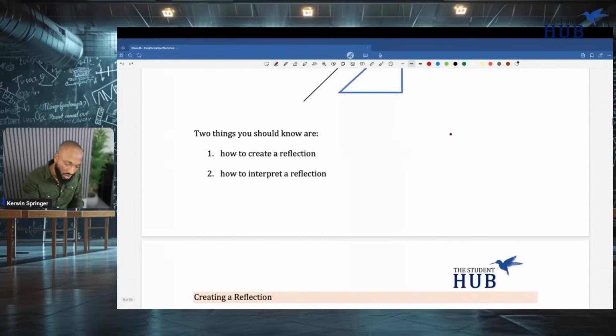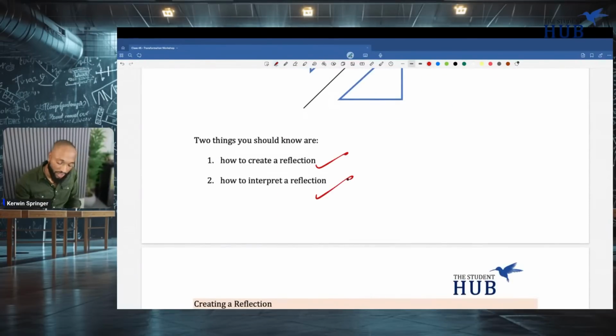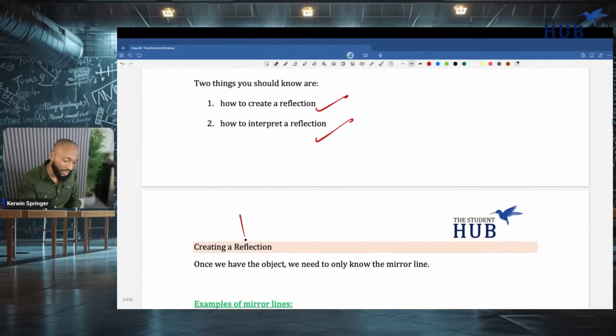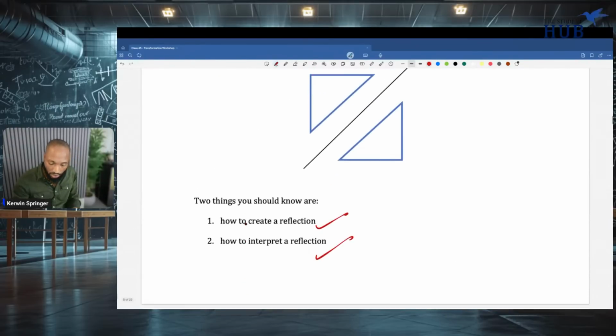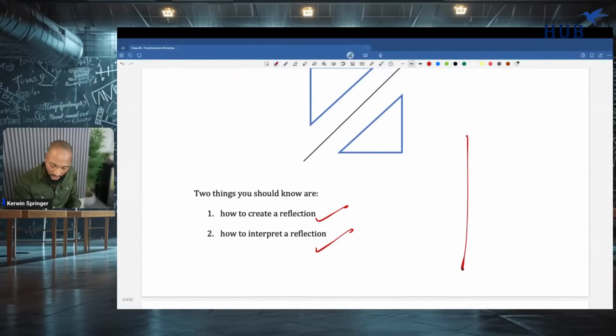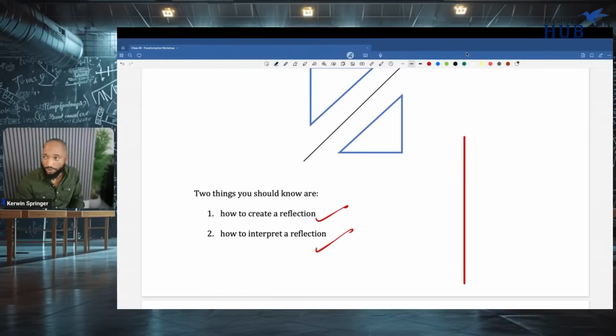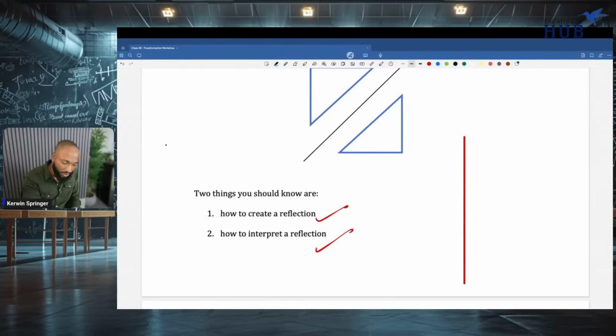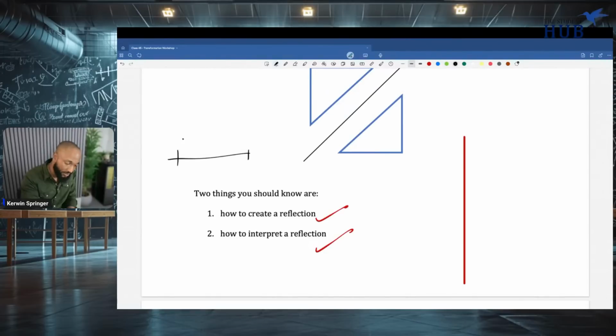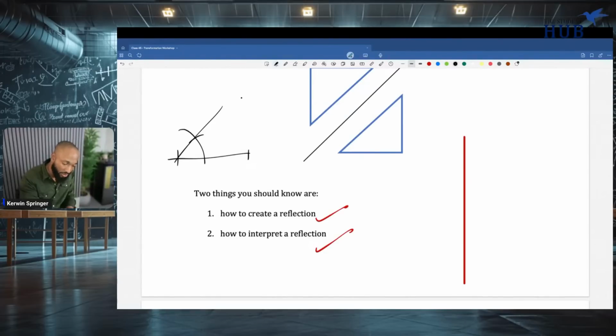2 things you should know: how to create a reflection and how to interpret a reflection. So, all right, they wanted to start creating a reflection. Do you know these days they are skipping all the construction questions? It's been a while. Have you seen that in the past few papers, like the last 4, 5, 6 past papers? It used to be they give you something to construct like this. They still could. You construct your 30 degrees and you go up here and then you construct a 90 degrees.